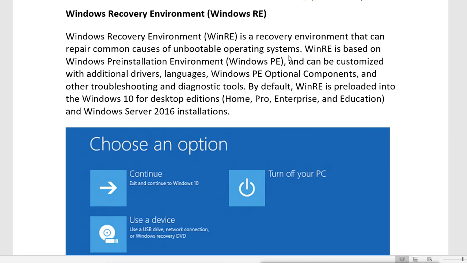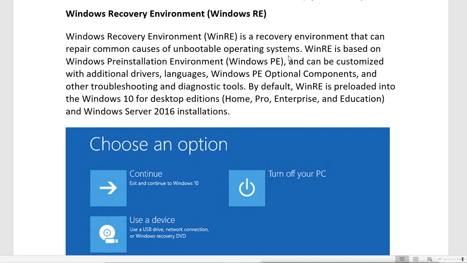WinRE is based on the Windows Pre-installation Environment, Windows PE, and can be customized with additional drivers, languages, Windows PE optional components, and other troubleshooting and diagnostic tools. By default, Windows RE is preloaded into Windows 10 for desktop editions, that is Home, Pro, Enterprise and Education editions, and Windows Server 2016 installation.